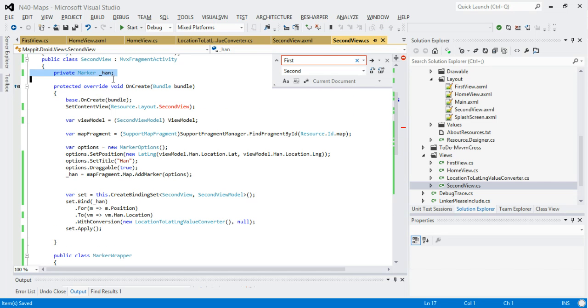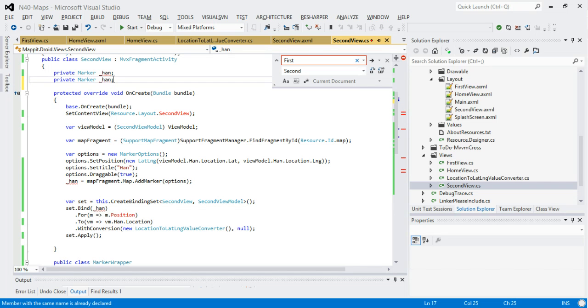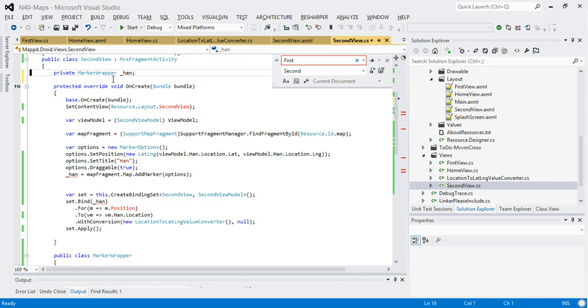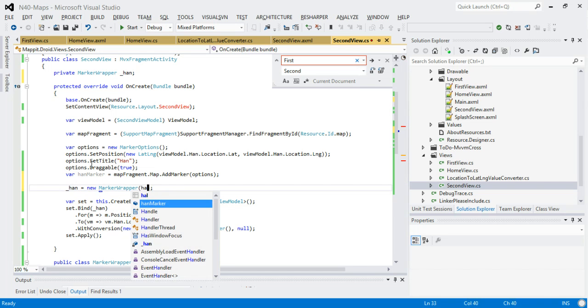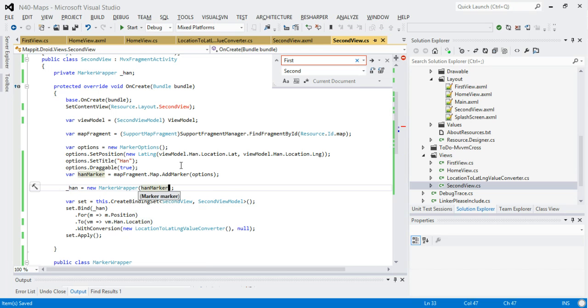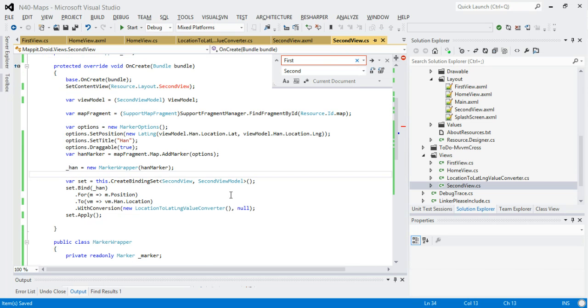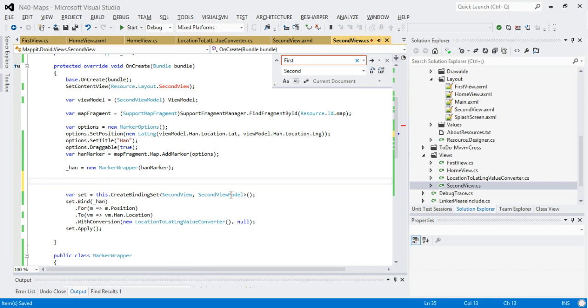So that will then allow us to actually say what we're going to do. Instead of having the marker, let's have a marker wrapper called han. So we'll have var han marker equals that, and we'll set underscore han equal to new marker wrapper of the han marker. And that looks like it would just kind of work, except what we also need to do is hook into that map